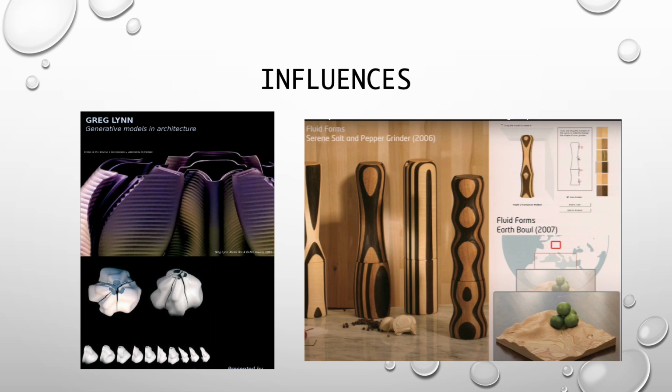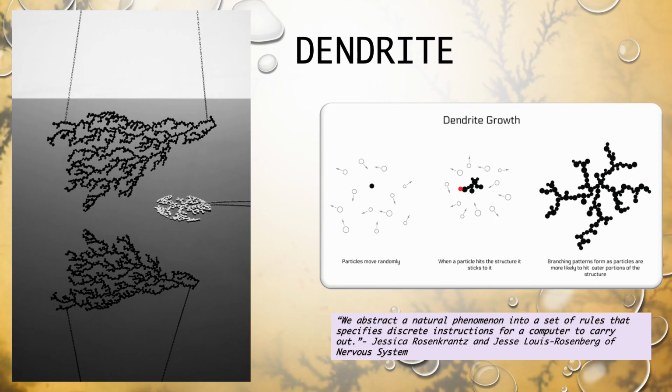The same can be said about Fluid Form's custom items like their salt and pepper shakers pictured on the right. These shakers were customizable through an algorithm instead of a mold, but they were still very overpriced and the designs were too limited in variation and shape. Building on those ideas, Nervous System decided to create their own algorithms to encode design systems that were generative but